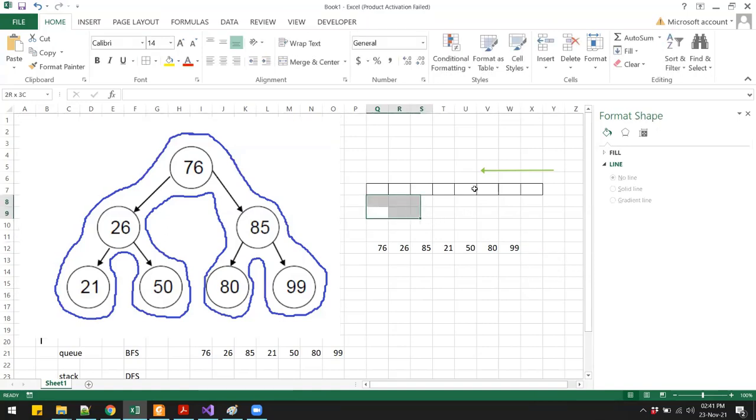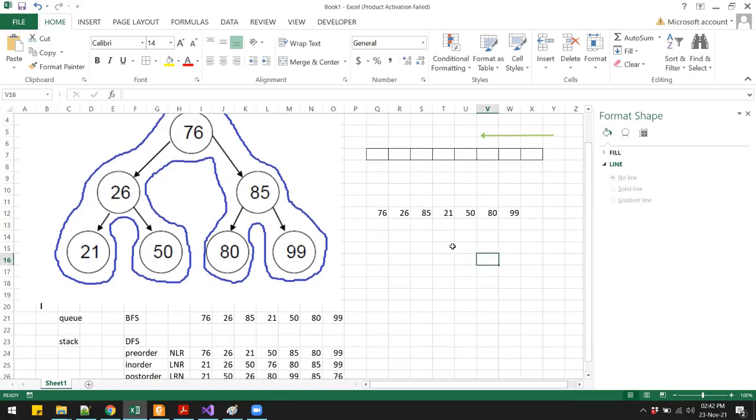Then you will dequeue once again. So at this point, the queue becomes empty. So now you will not do anything, and that is where your printing finishes. So now if you see the data, the order that we got from this BFS over here is the same as the one that we have got over here.